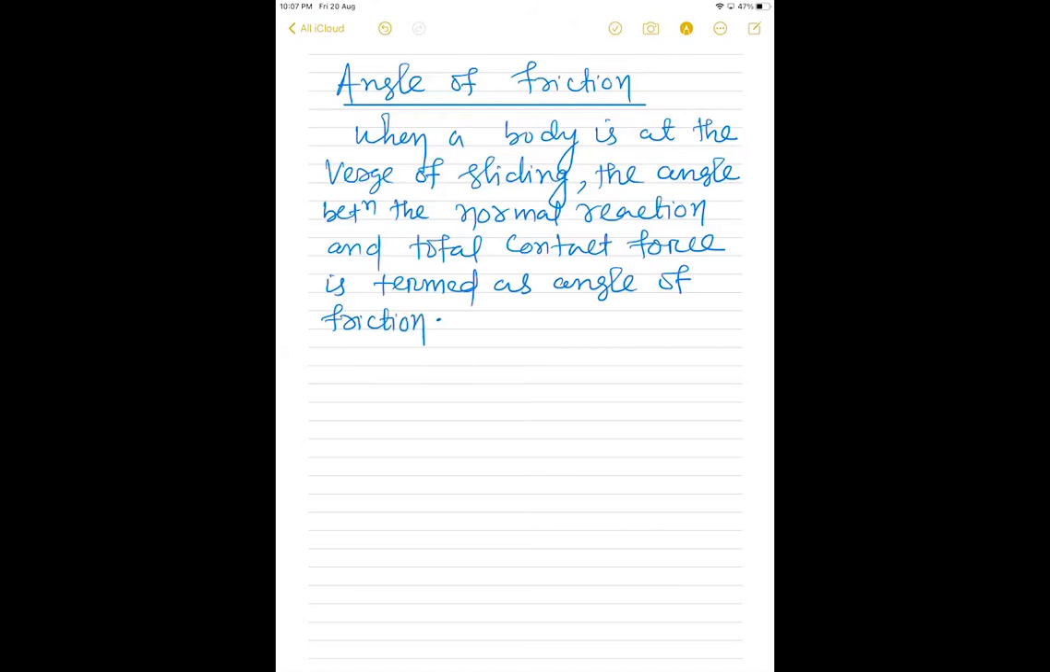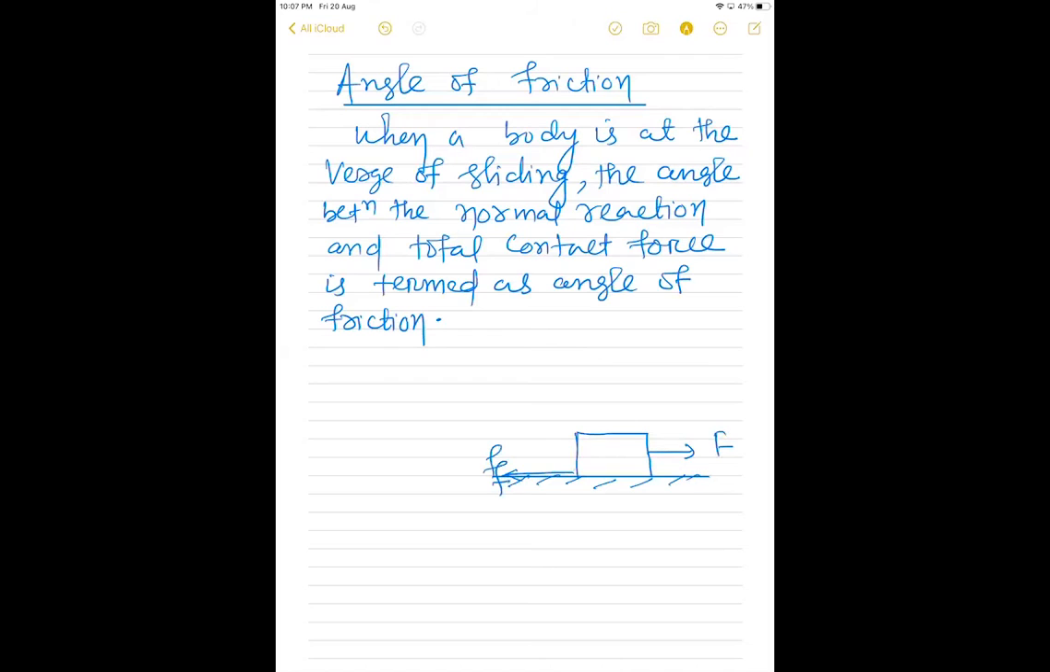This is termed as angle of friction, correct? Yes or no? Understood or not? That means if this is the ground, you can understand now, a body is placed here, right? I have applied a force here, so definitely the force of friction is going to act in